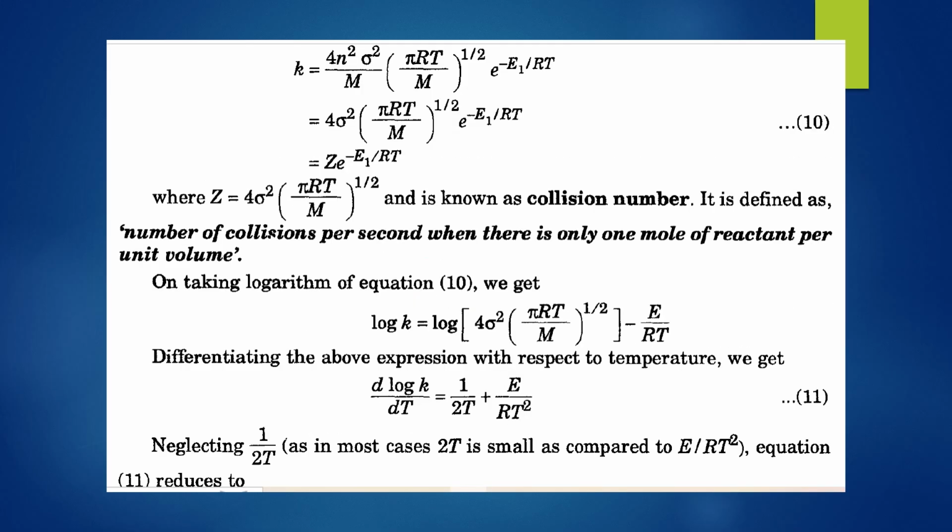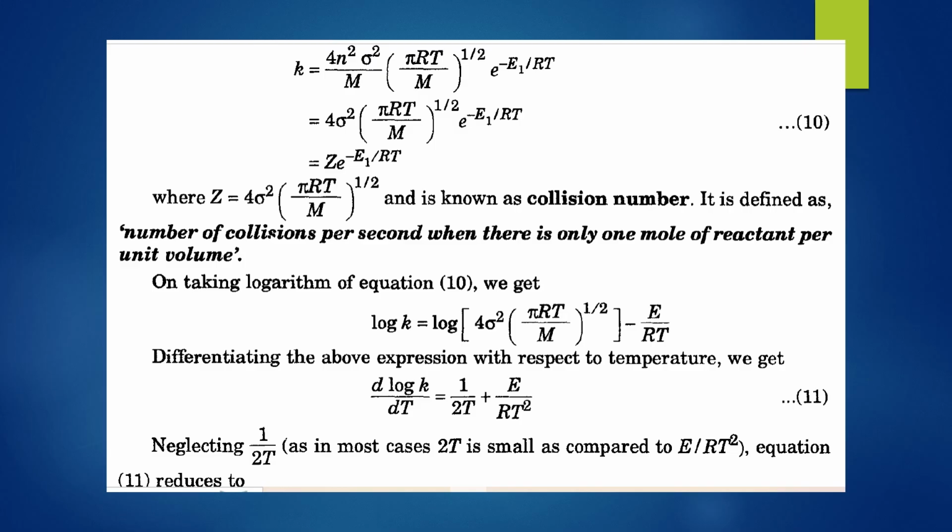Z dash is the total number of molecules colliding per cc per second of the gaseous reaction, which is twice the collision number. So Z dash is equal to 2Z. Now Z dash is 4n squared by m sigma squared into (pi RT by m) whole power half into e power minus E1 by RT. Now this n squared, when compared with the previous experimental rate law equation dx by dt